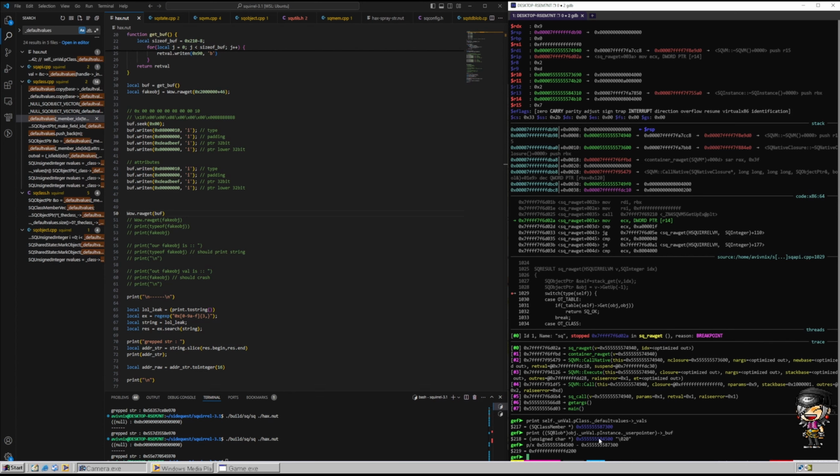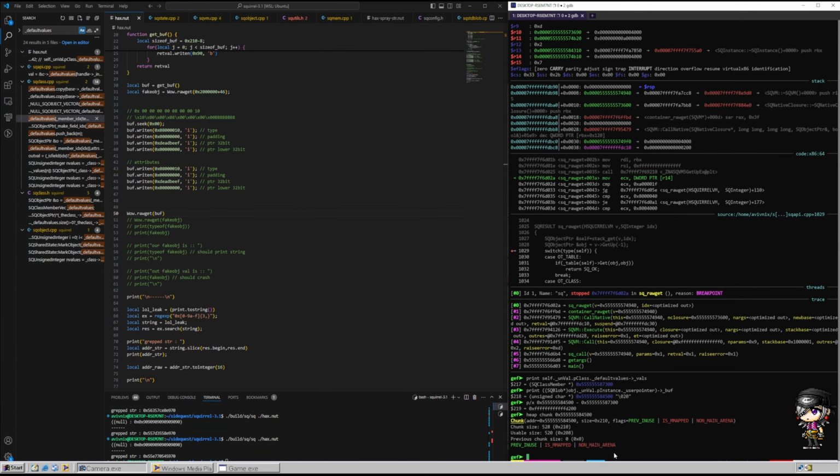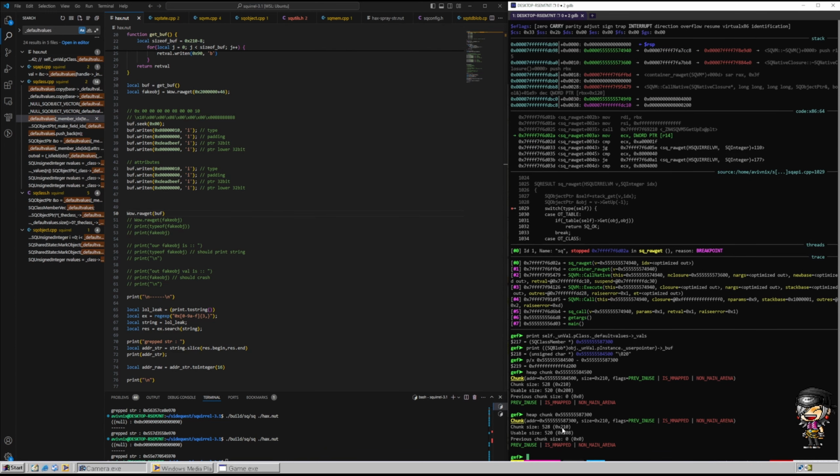Okay, what is the size of? Maybe I got this wrong. Heap chunk. Yeah, 210. And that's heap chunk. 210. So they fall into the same category, but for some reason,